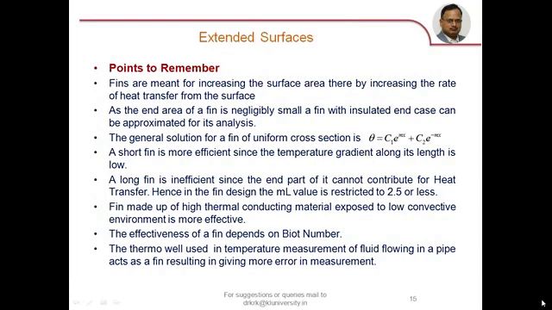So you can calculate, by considering that thermowell as a fin of hollow cylinder, what the temperature will be at the end, whether it is giving the exact value or some error is involved in it. Generally, some error is involved because that well acts as a fin. That's all about the